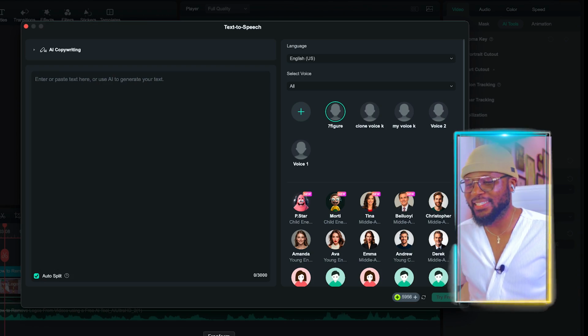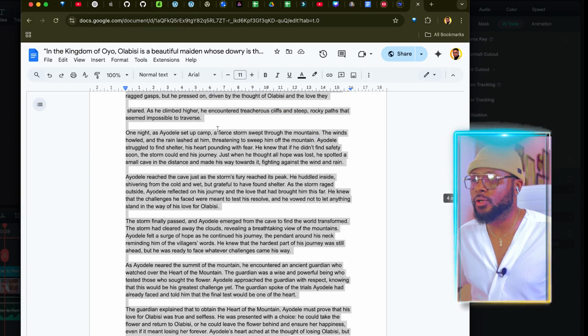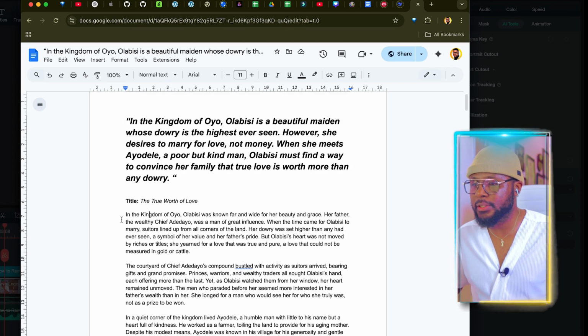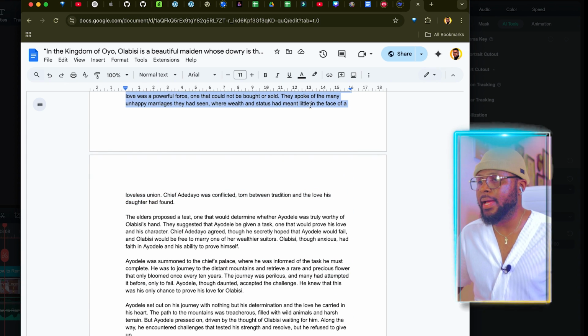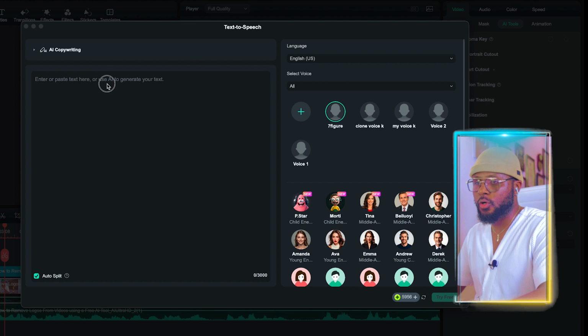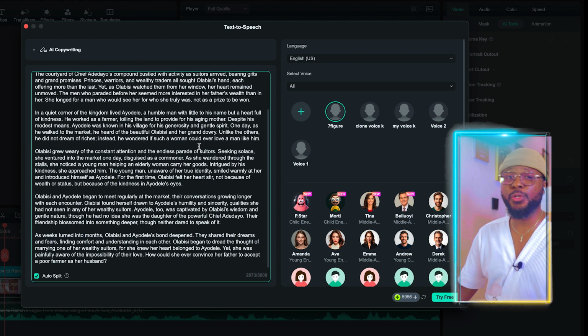So what I'm going to do next is I'm going to copy my script, okay? I'm going to copy my script like so. So here it is. So I'm just going to copy some part of the script like so. All right, so here I have this. I'm just going to go ahead and copy, and I'm going to come right here and paste this like so. And now you have it,